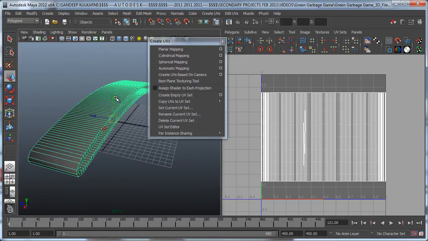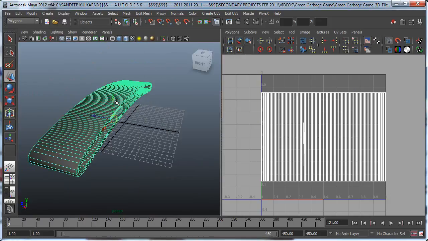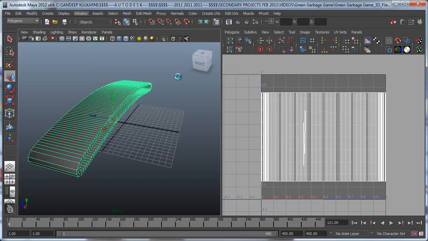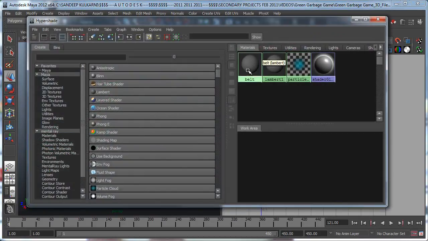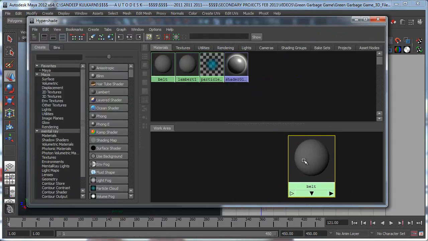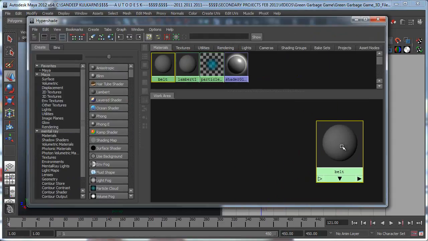So at this time, let's say if I wanted to keep it this way and apply our texture, let's see what we get. So I'm going to go to my Hypershade over here again and get the belt over here, middle mouse button, drag and drop. And let's make some room. And then what I'm going to do is simply